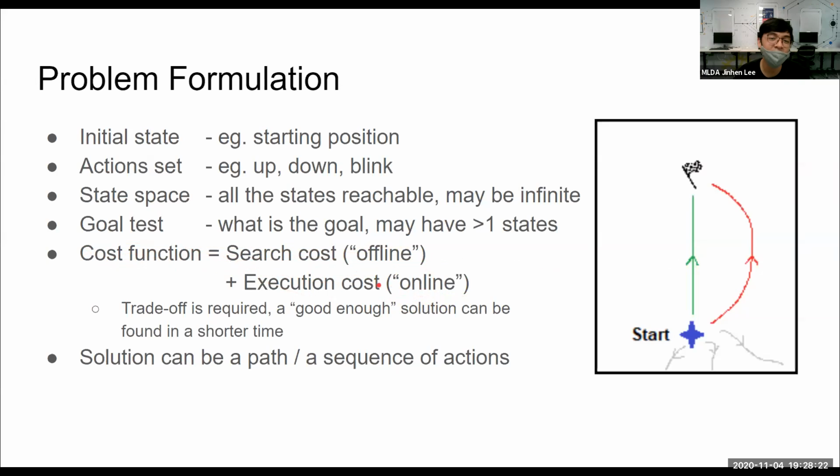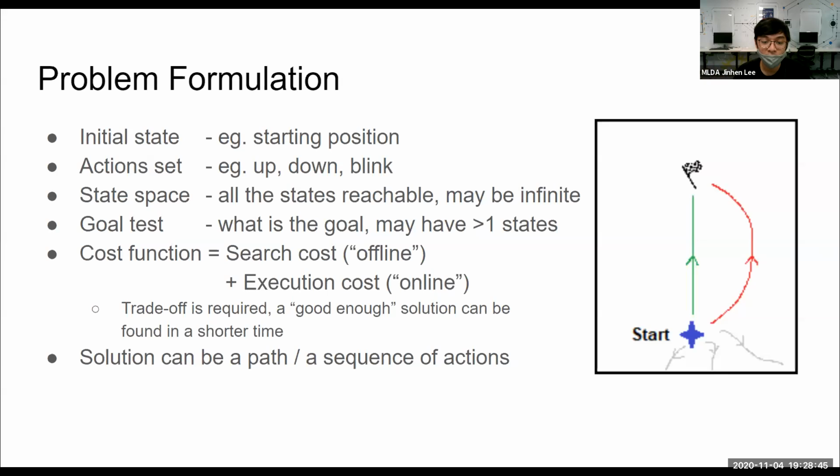So in the event of a self-driving car, imagine for every action the car needs to make, it takes maybe 5 seconds for the car to think about what to do. That wouldn't make sense, right? By the time the 5 seconds is over, an accident might have occurred already. So it's normally important to keep this search cost as short as possible.